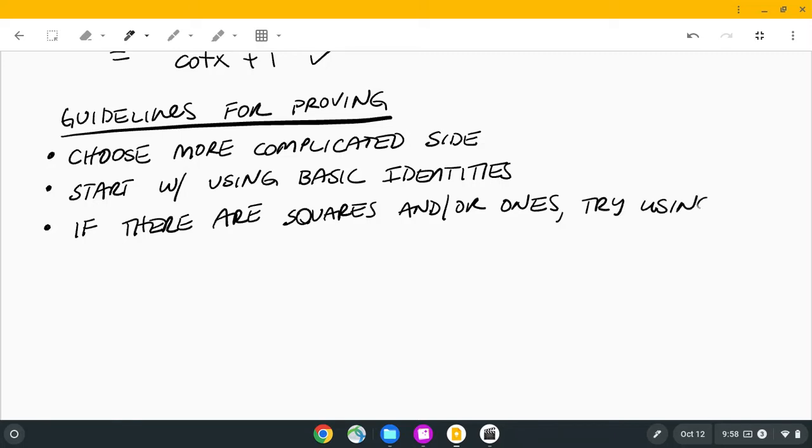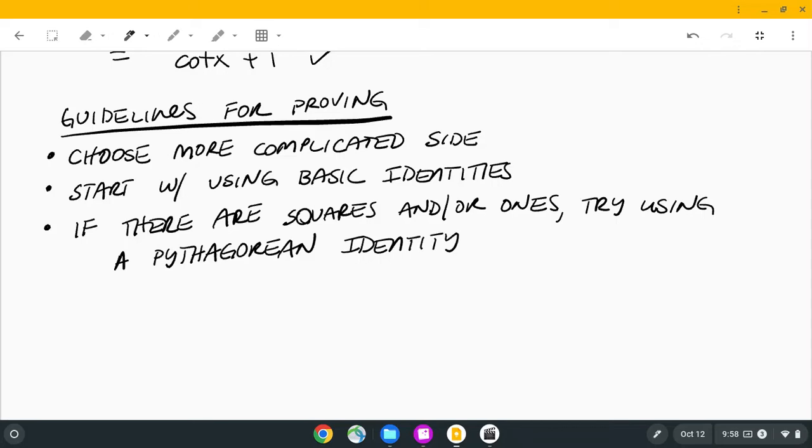That's when those come in handy, when you start seeing squares. And remember, we have 3. That's the sine squared plus cosine squared equals 1, the one with tangent squared, and the one with secant squared,